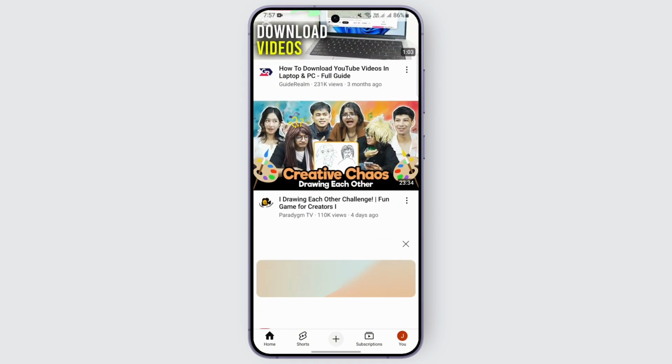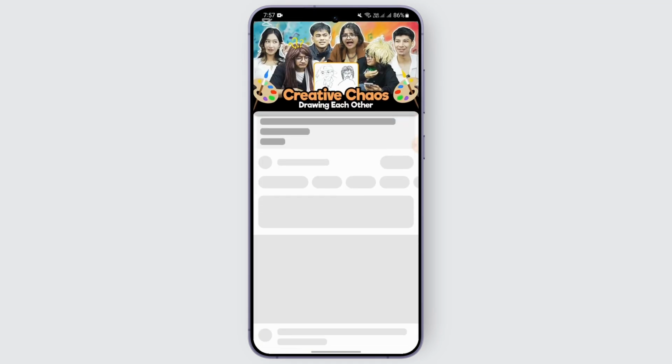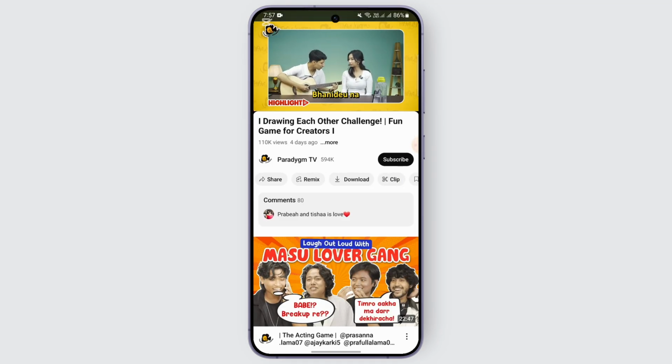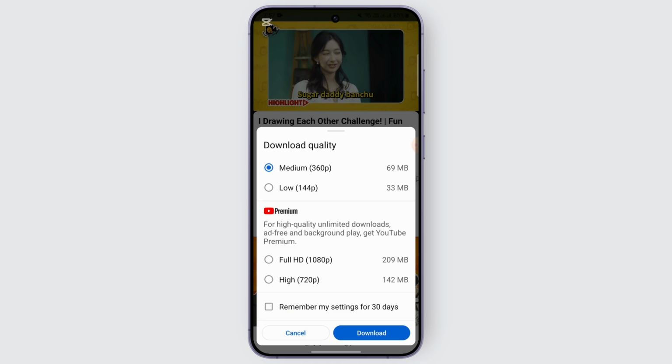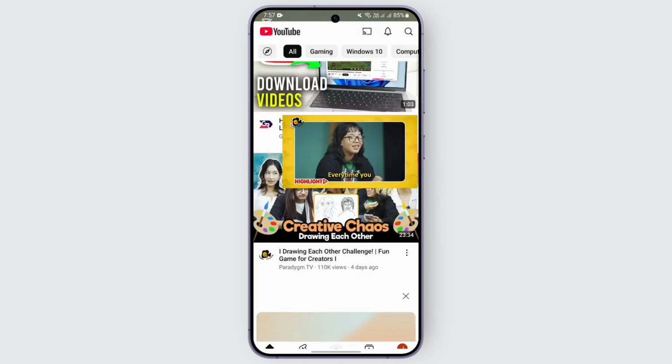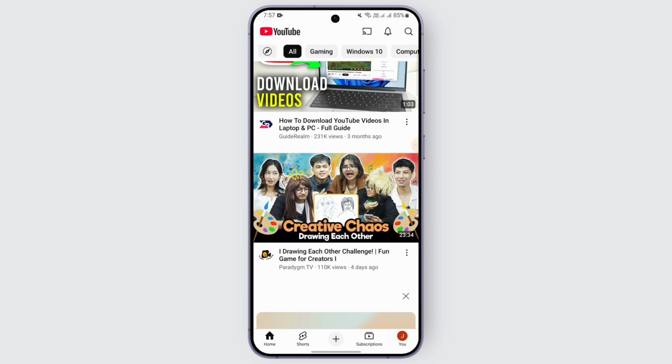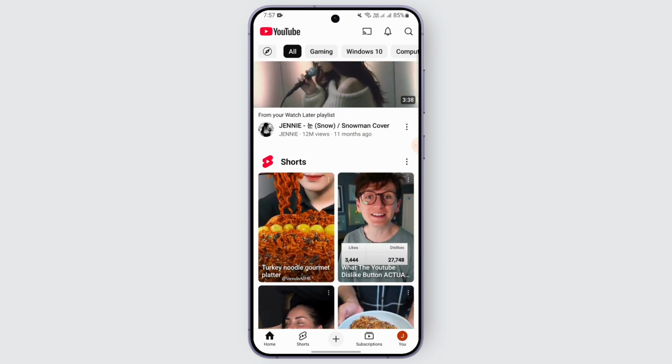Otherwise, if the user has not restricted the video, just this one right here, you can see the download option very easily. Just click on download. After that, you may just select the download quality and tap on download. After that, that video will be downloaded on your device. So therefore, just follow that method and you should be able to download videos on YouTube on